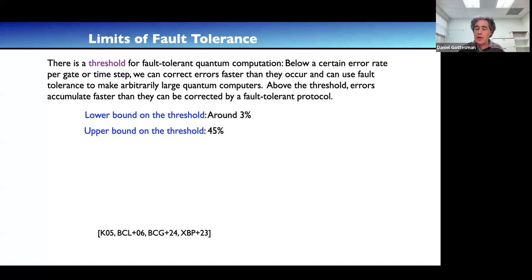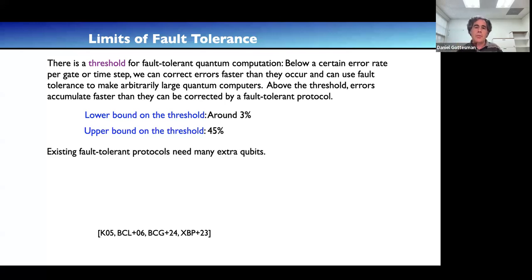Now that's very, very high. It's very unlikely we could actually do fault tolerance at that level. And probably that's mostly due to a limitation in our ability to prove that fault tolerance is impossible, because there's not many techniques we have to do that. But it shows you that there's, in principle, room to improve even on this Knill protocol to get even higher threshold values.